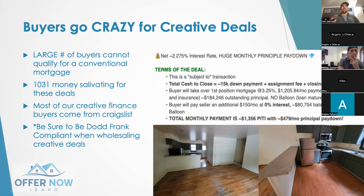I mentioned before, about a third of Americans cannot qualify for a conventional mortgage. So how are they going to buy properties if they ever want to have a rental or live in one? They're not, unless we provide them the opportunity. There's still a lot of 1031 money out there, and they're salivating for these deals. They will overpay a lot for these deals. And I say overpay because the market's all relative, right? What people pay is what the true value is of the property. But if I'm doing a 1031 and I can secure a 2.25, 2.275 net interest rate for 30 years,